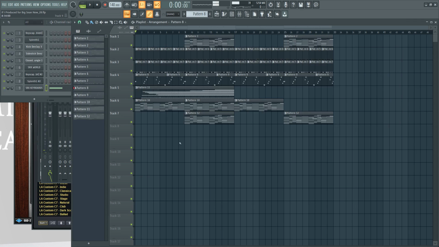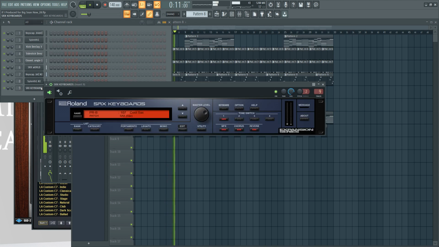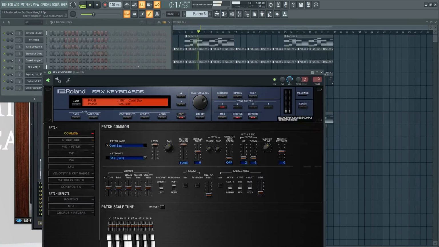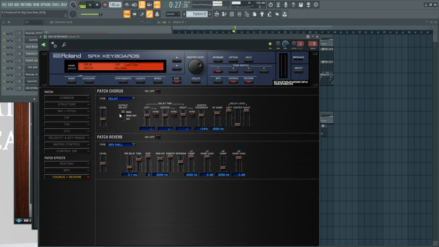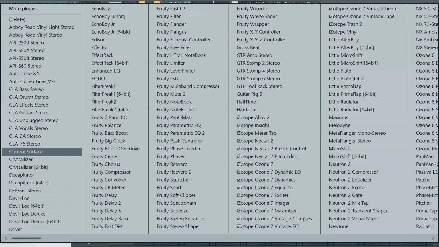Now the thing is, I like the delay on it, but it doesn't have the timing I want. Here, it's called chorus for some reason. It's at Fruity Delay 3.